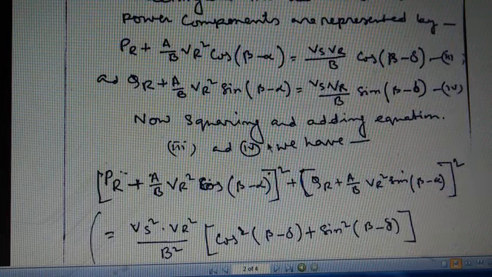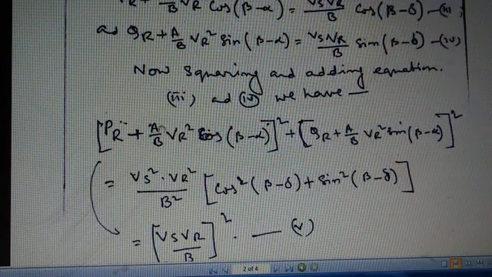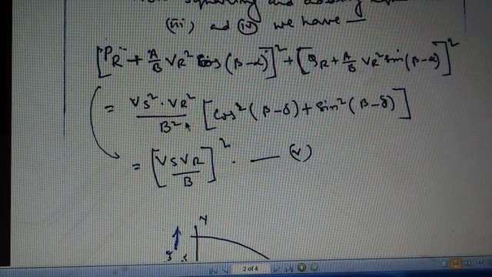Now squaring and adding equations 3 and 4, we get PR plus A by B Vr square cos beta minus alpha, whole square, plus QR plus A by B Vr square sin beta minus alpha, whole square, equals Vs square Vr square divided by B square into the bracket